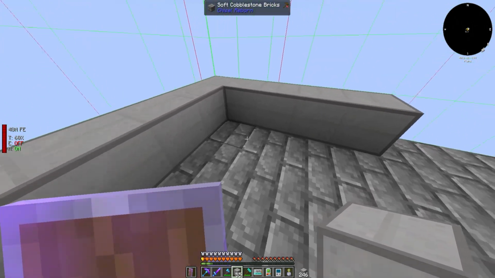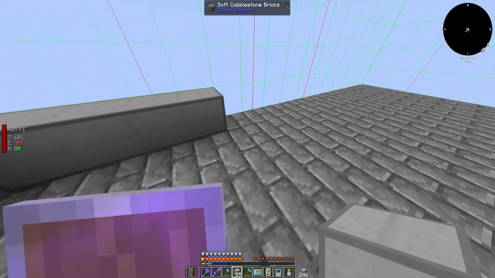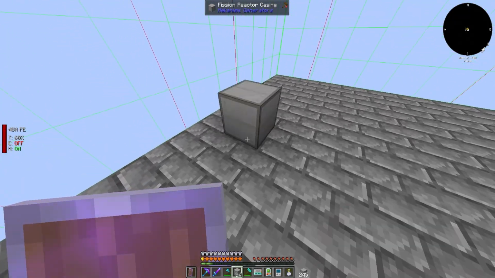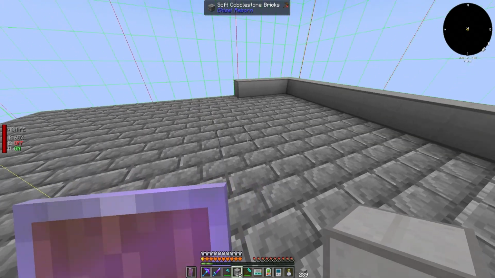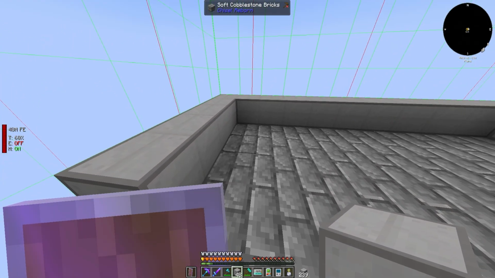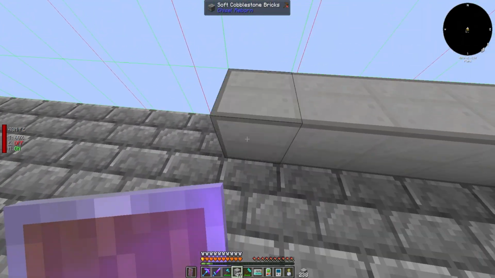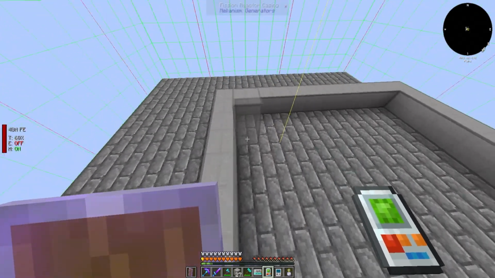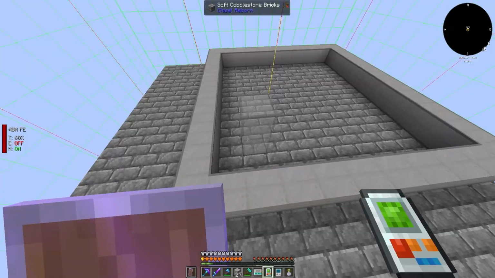So if we make this internal, 1, 2, 3, 4, 5, 6, 7, 8, 9. We make it a 9 internal, right? I think that'll be okay. Let's find out. 1, 2, 3, 4, 5, 6, 7, 8, 9. Yeah, I think that'll work. So 9 by 9 internal. I think that'll be good.